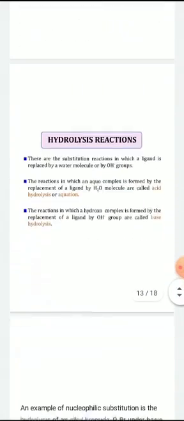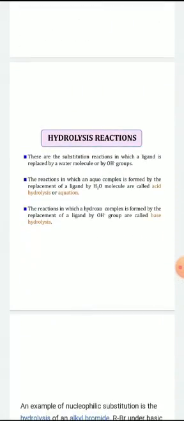Hydrolysis is a basic type of nucleophilic substitution where water acts as both a nucleophile and a solvent molecule. Because of this, the hydrolysis mechanism can be any nucleophilic substitution. It can be SN1, SN2, and many more. There are two main types of hydrolysis reactions: acidic hydrolysis and basic hydrolysis.